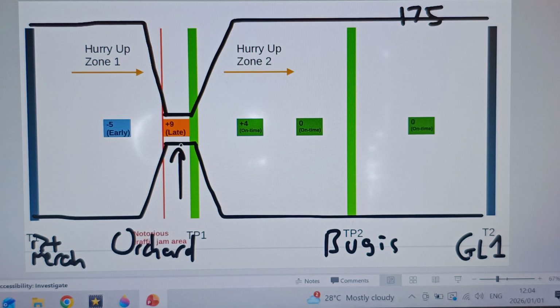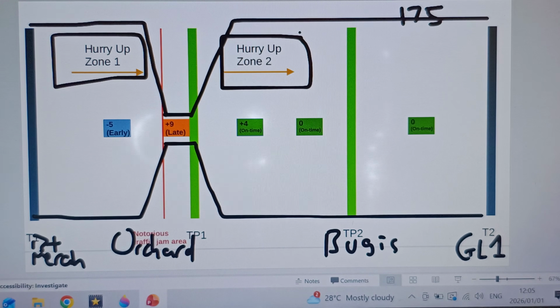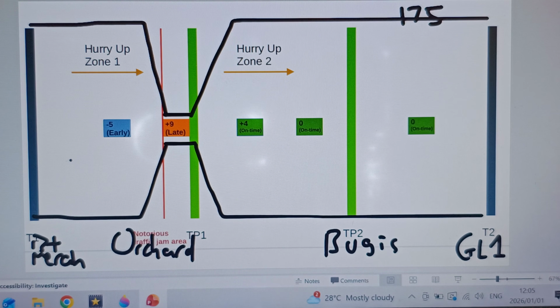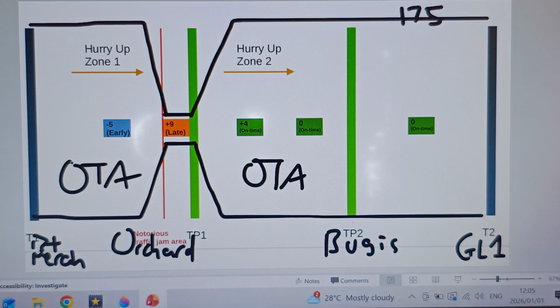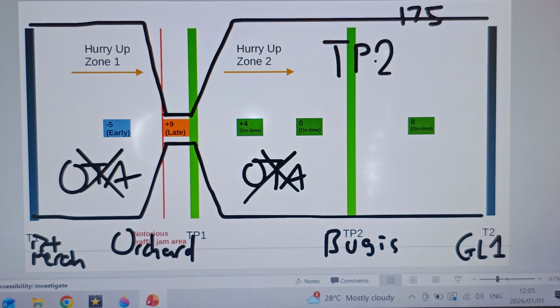But what you can do is that you, as the operator, implement all these hurry up zones. It means that for this sector, you do not follow OTA, and for this sector you do not follow OTA. You only resume the OTA at your next time point, like time point 2. When I mean ignore OTA, this means that for certain routes you actually have some form of flexibility to ignore the scheduled time,